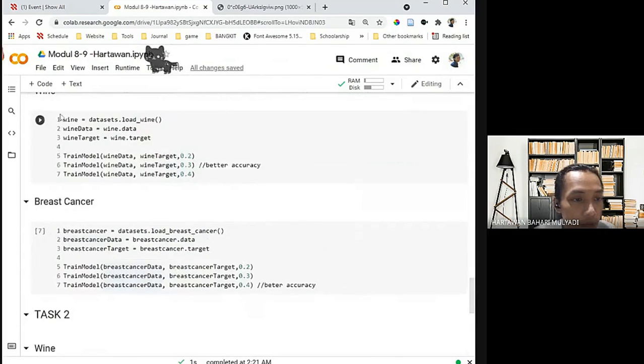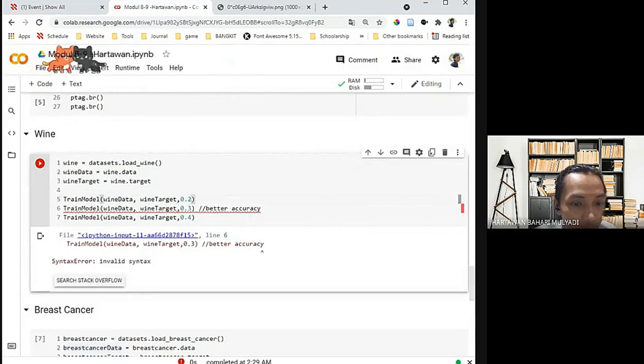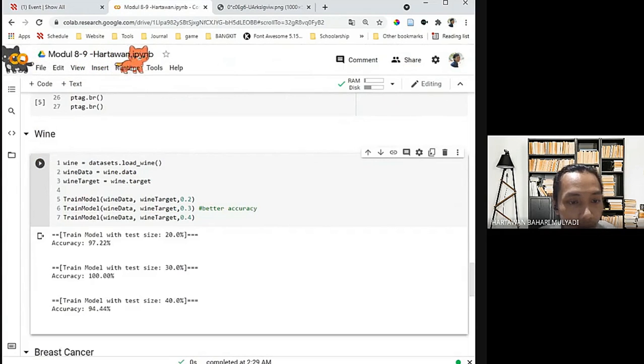Okay, let's start with the wine dataset in task one. We run it, and we can see here that the wine dataset using the 0.3 test split has better accuracy.